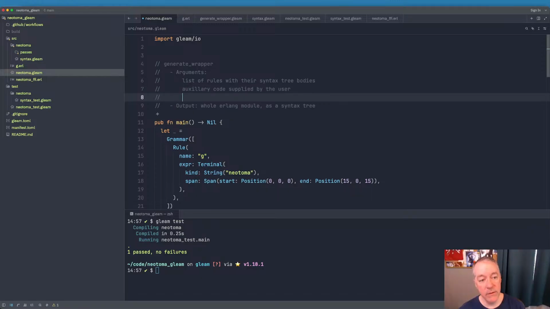And there's definitely going to be, we're going to need to include, because one of the things that the original Neotoma did is it generates standalone modules, and I think that's really important. So utility functions. So we're going to need to have something that collects what utility functions are going to be needed,